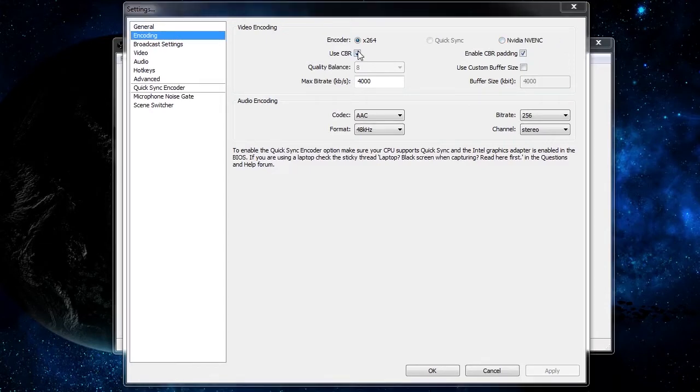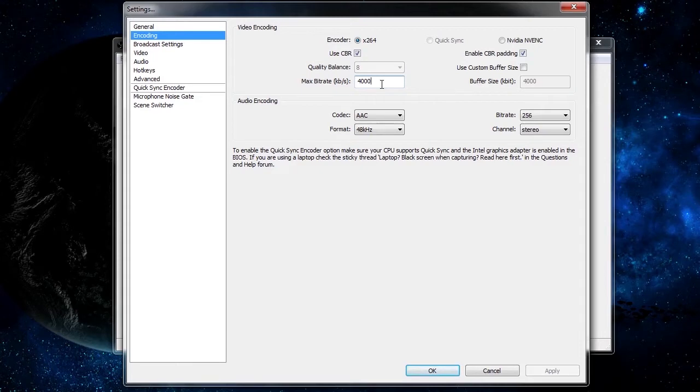Now, CBR stands for constant bitrate, and the purpose of having this checked is primarily if you're streaming video live online, so that while you're sending video to the servers, it's going to keep the same bitrate. It's going to try to find the target bitrate and keep it around there as much as possible. The alternative to this is that you would have a fluctuating bitrate as there's movement around the screen or if there isn't movement. What constant bitrate does for you in practice is keep the amount of spikiness in the stream and random lag to a minimum because you're always sending the same amount of data to the servers,